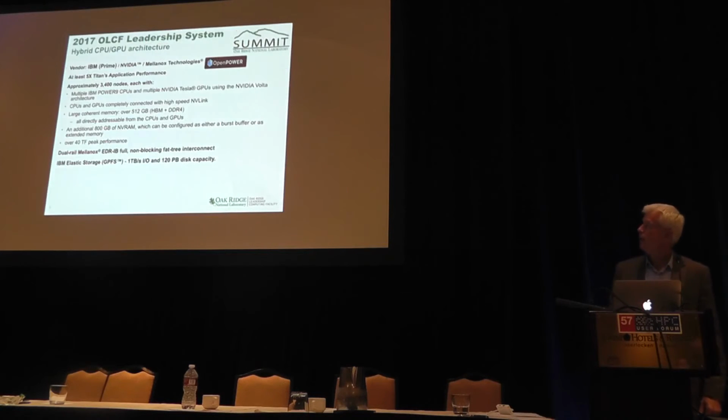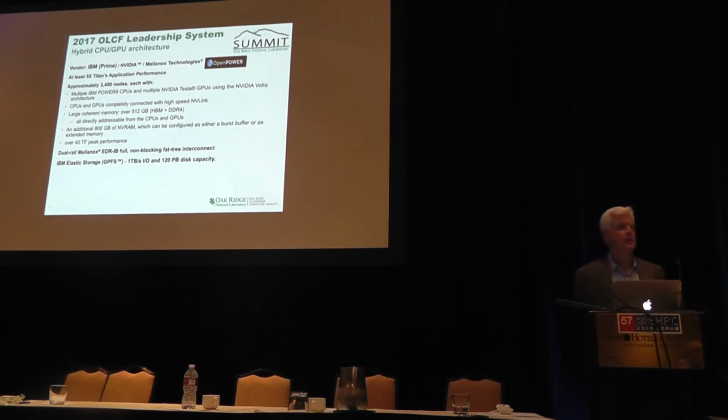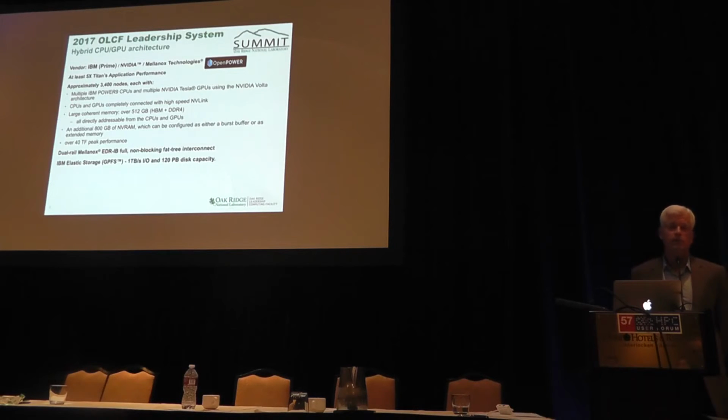And I think I have the next few slides. So on the Titan system, again, we will continue our hybrid CPU, GPU architecture. From an application development point of view, there's a lot of very exciting things here. There's a lot of scary things here too. So we're going from about 19,000 nodes down to 3,400 nodes. Okay, so we're not really, nor have we been really, frankly, since I've been at Oak Ridge, our systems have all kind of been about 19,000 nodes. So we've just been beefing up the nodes. This is a major reduction. So we've got 3,400 nodes,